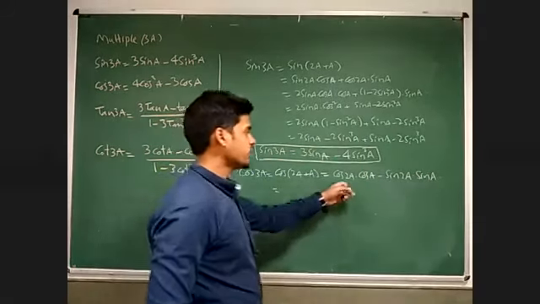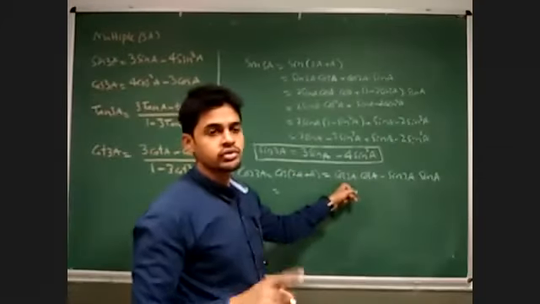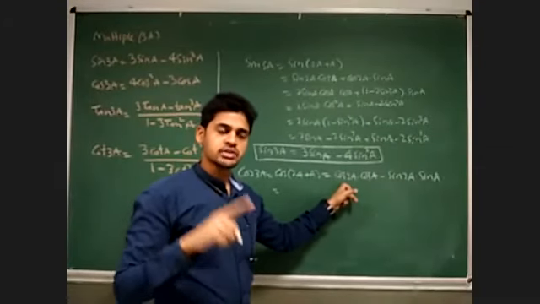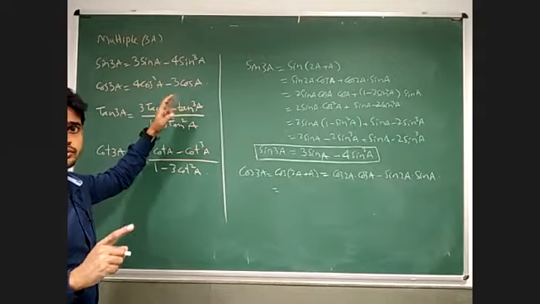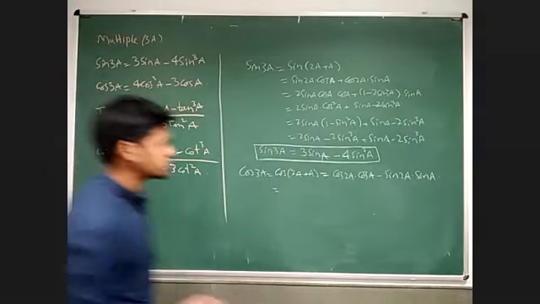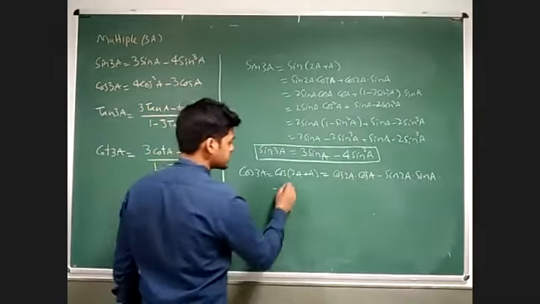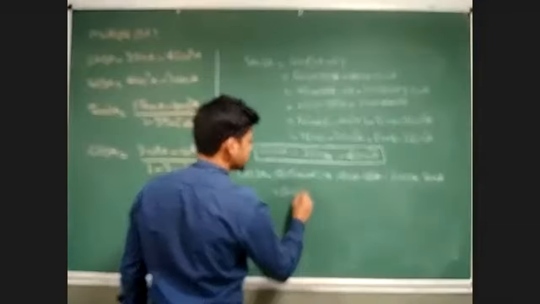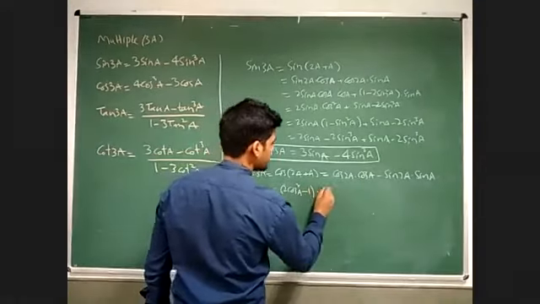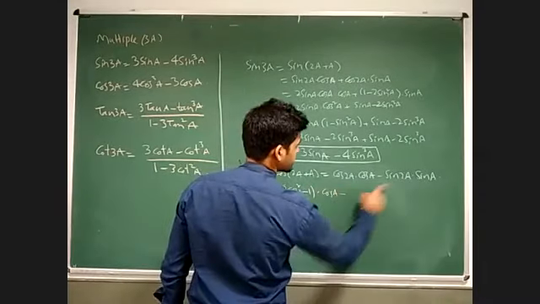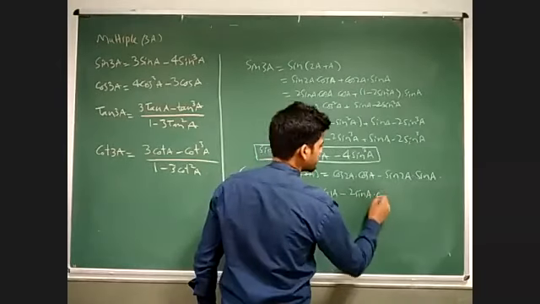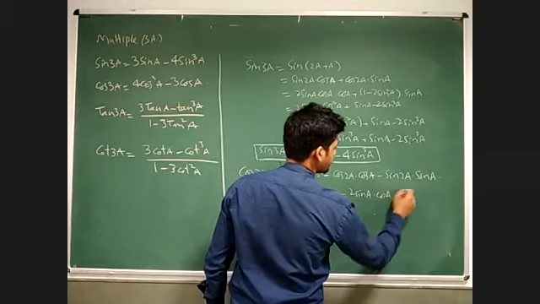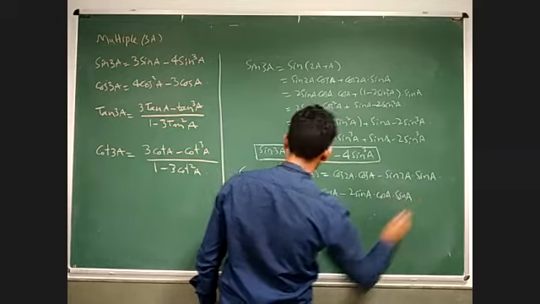Again, I know the formula of cos 2A. So here I am going to use the cos 2A formula, 2 cos square A minus 1, because see here in the result of cos 3A, we have only cos and cos. So here we are not going to use sin. So I am going to use cos 2A as 2 cos square A minus 1 into cos A minus here sin 2A. Sin 2A is nothing but 2 sin A cos A into sin A, right?